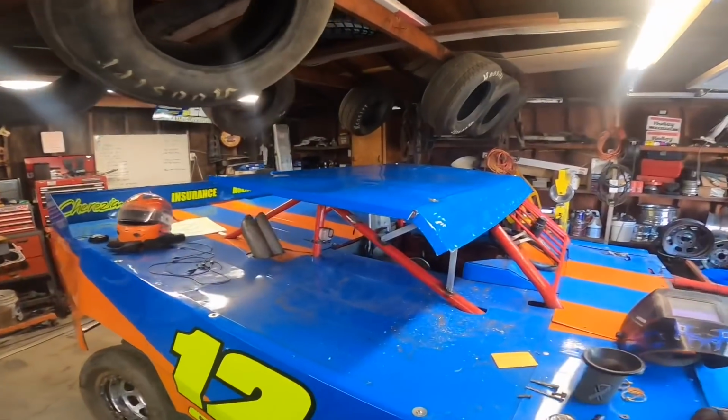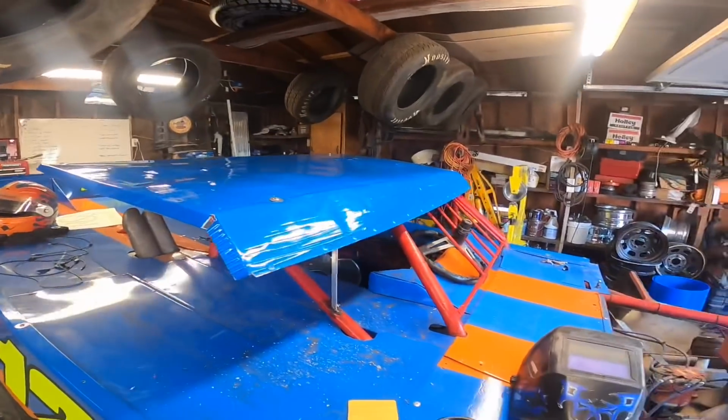Didn't intend to have it like that, but this roof really kind of did a number on me. So it's all done. Yes, I know it's got a lot of flaws, and no, I don't like the way it looks, but